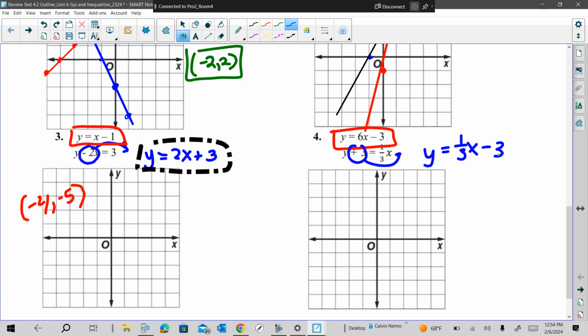Did anyone get number 4? Hold on. Okay, you got it. All right. So graph